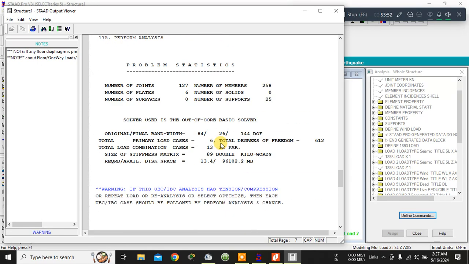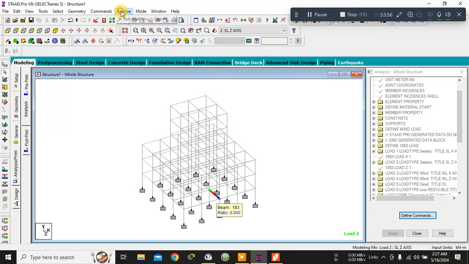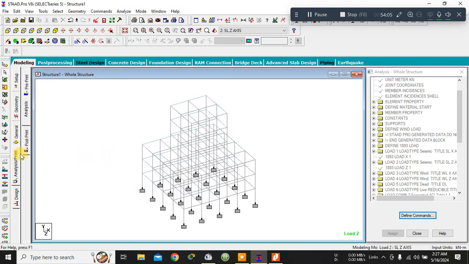See, these are the results. So this is the analysis which I have done. Run analysis. Sorry, I don't have to do. Yeah, run analysis is already done. Now I can go to the post processing mode, and in the post processing mode I can check for the